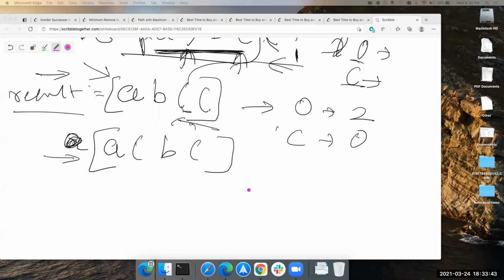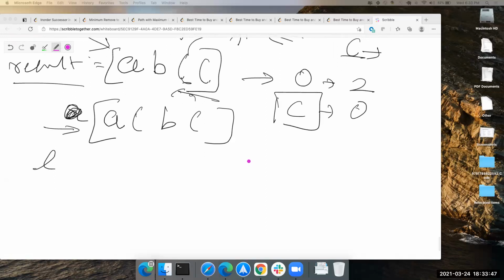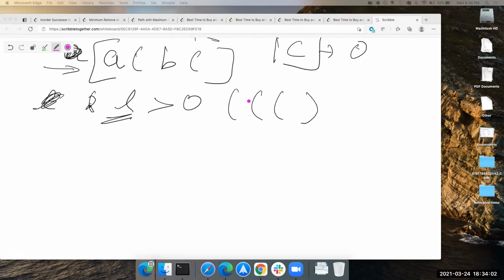And also you don't even need closed. So actually, you just need left. You just need one variable, let's say L, and if it is greater than 0, that means you have more open ones, right? That means you can still have a closed one. But don't add this one if L is 0. Got it. You'll basically need only one variable.